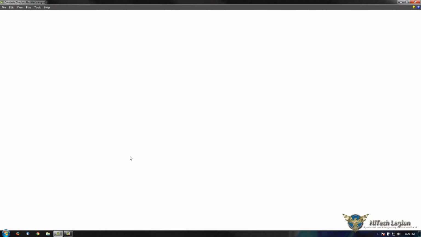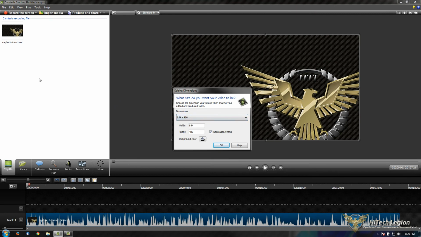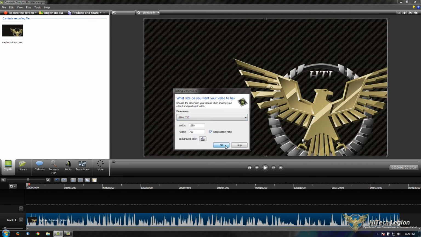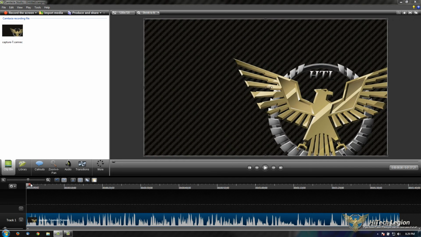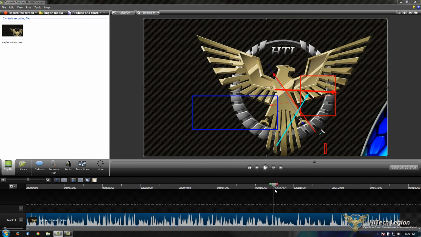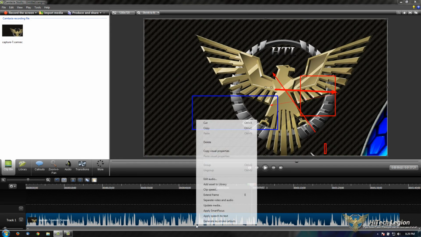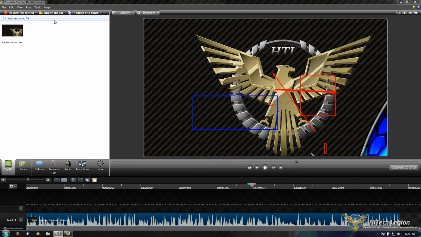and now Camtasia pops up, and as I showed in the other video, it asks for the dimensions. So I recorded 720. Let's just go straight for that, and now you can see here, and you can do whatever you want. Edits inside of this are pretty much exactly the same, except that now you also have